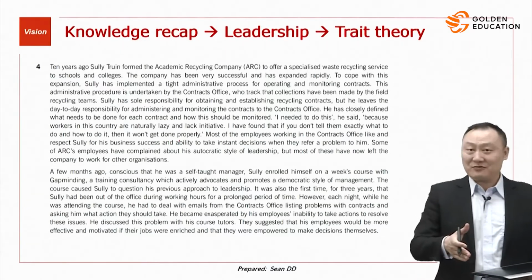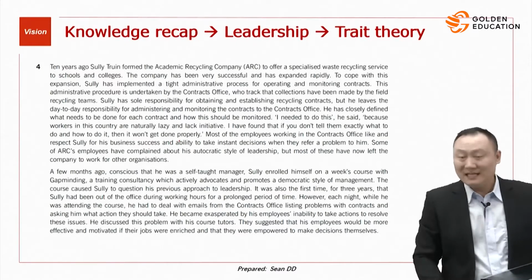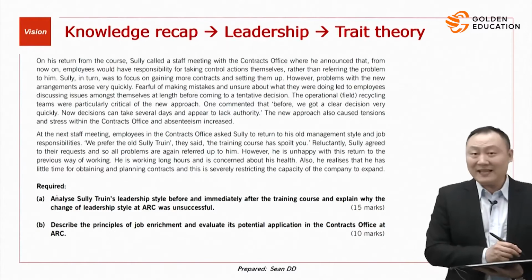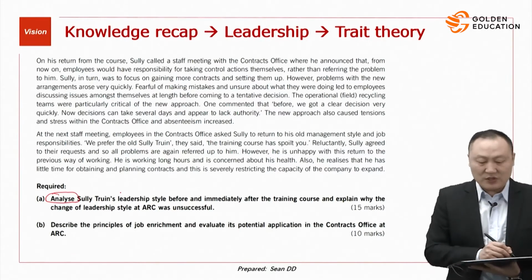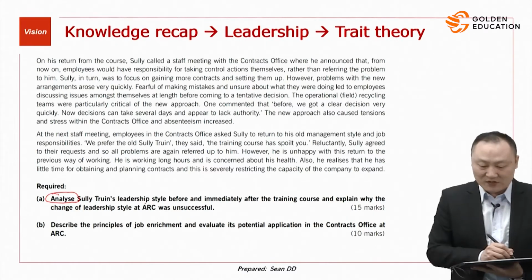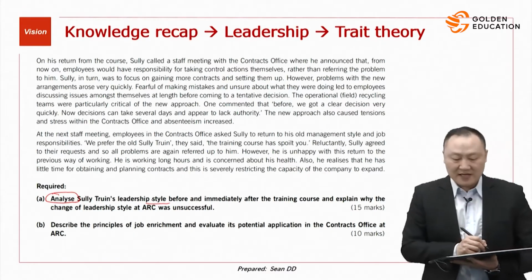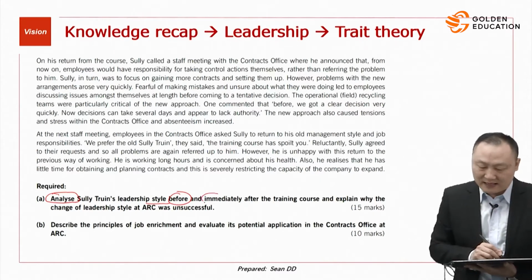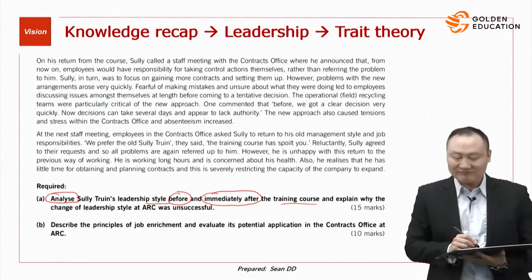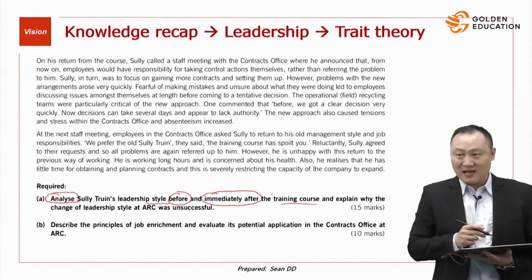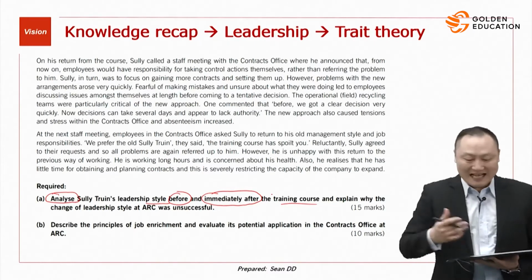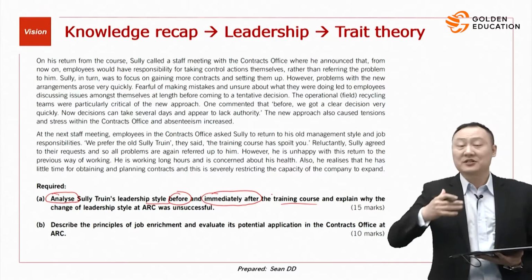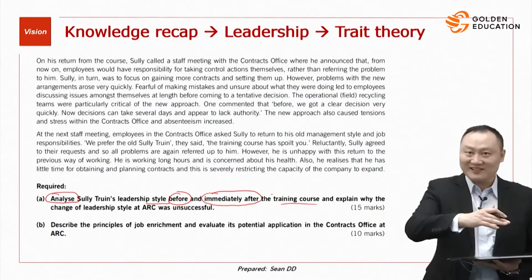All right, guys, so let's check these questions now. Is Sully twins. And as usual, let's take a look at the requirement first. Requirement A, analyze Sully twins' leadership style. They want you to analyze his leadership style before and immediately after the training courses. This guy attended a course about how to be a leader, and the question wants you to analyze the differences between the leadership styles before the class and after the class, which is a very easy question,